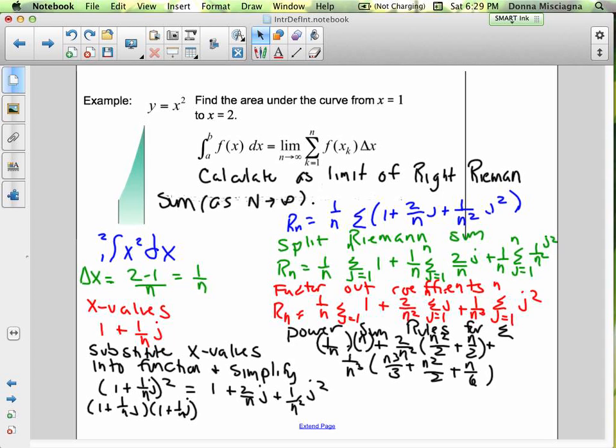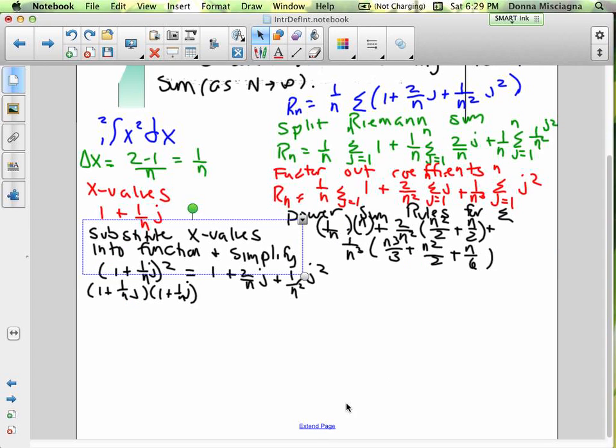And now I have the problem of the cursor has gone into hiding. Here it is. There we go. Now I've got a little bit more space. All right. So now we'll distribute 1 over n times n, that's 1. I'm just going to do this, not to be confusing with the step over to the left there. So this would be n